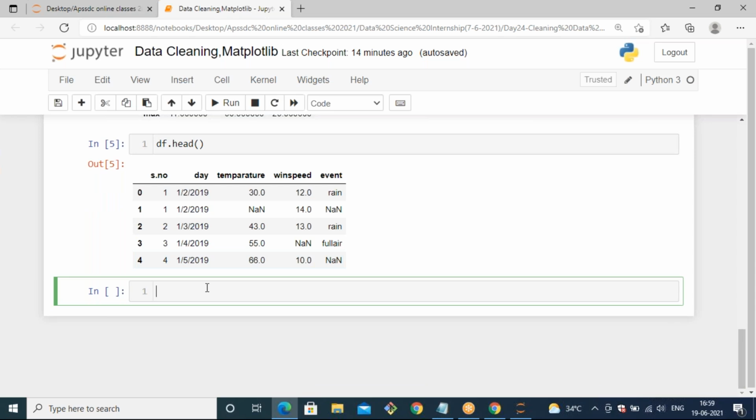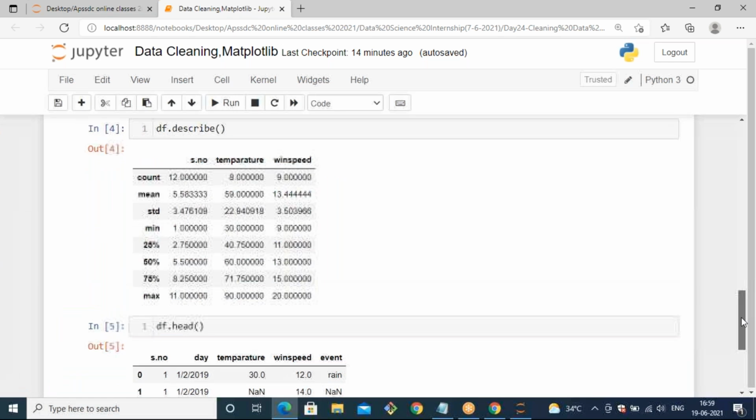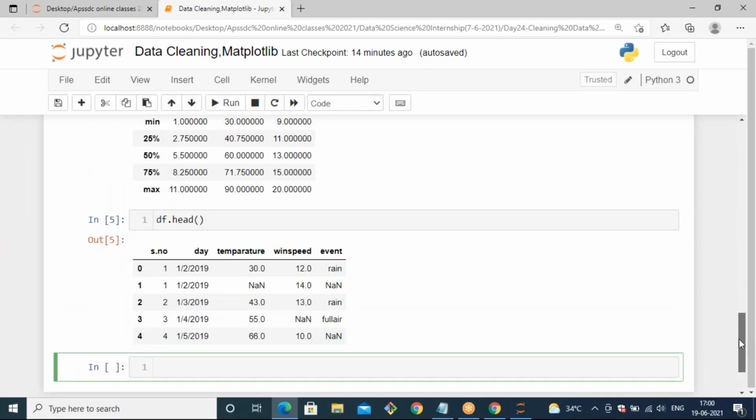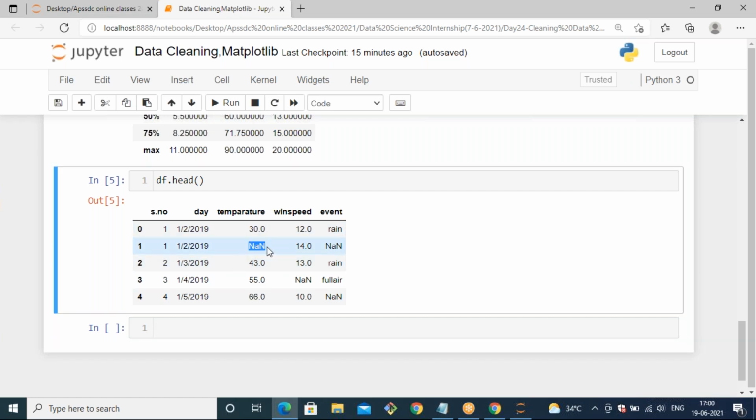Okay, this is about the basic steps. In the first step, we can take the data and do some pre-processing, like how many rows and how many columns, and statistical information of the data. We need to analyze the data: in which column what type of data is stored and how many non-values are there. If you observe this data, at some point you can observe some NaN. That means in that particular column, in one row of the temperature column, there is no data in that particular cell.